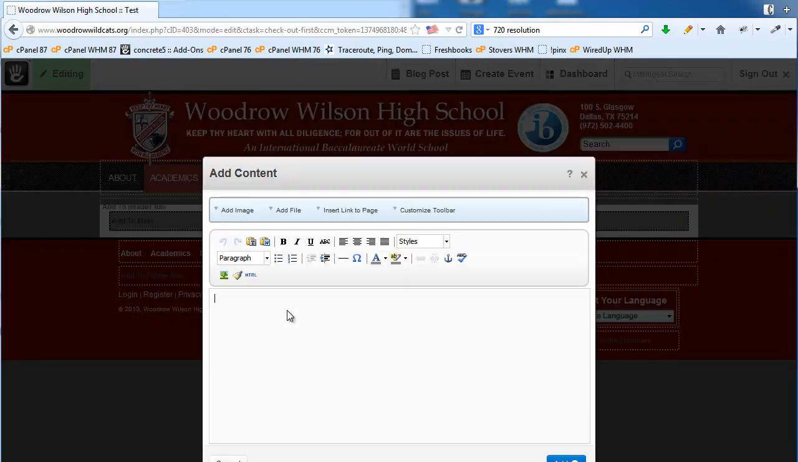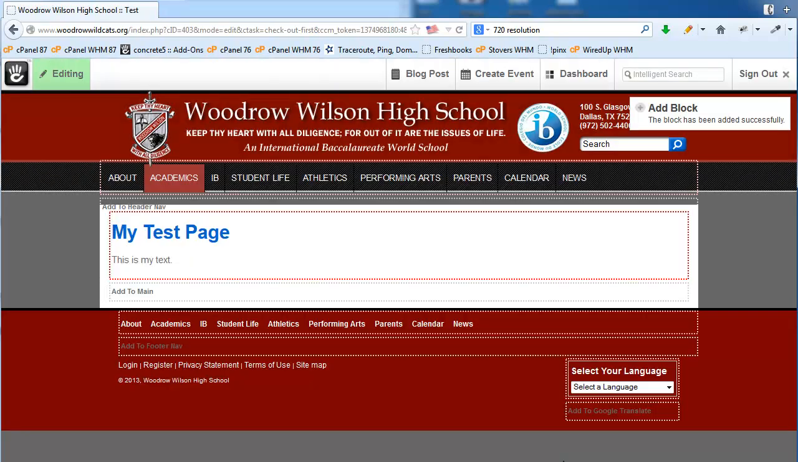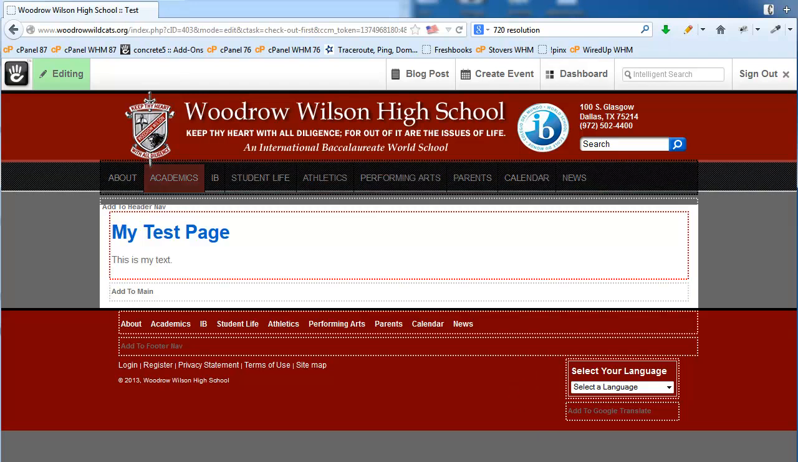I'm going to give this page a title. I'm going to highlight that and make it a heading 1. So it's our big blue text in this case. And then I'm going to add my text. And I'm going to click my add button down here. And I just created a brand new page in just a few seconds in Concrete5. Now you'll see when I publish this page